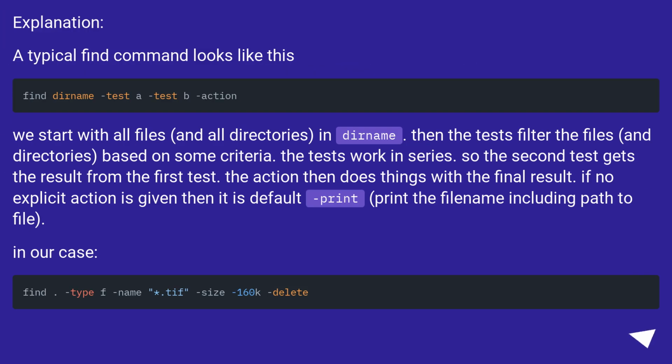Explanation. A typical find command looks like this. We start with all files and all directories in dir-name. Then the tests filter the files and directories based on some criteria. The tests work in series, so the second test gets the result from the first test. The action then does things with the final result. If no explicit action is given, then the default is -print: the file name including path to the file. In our case,